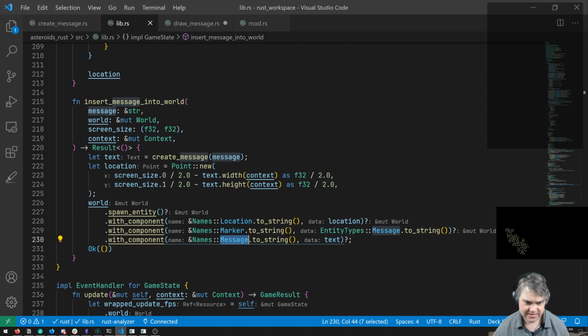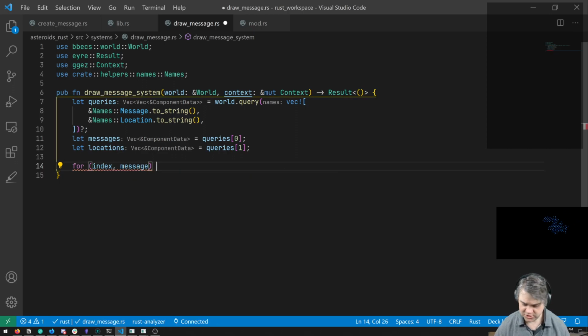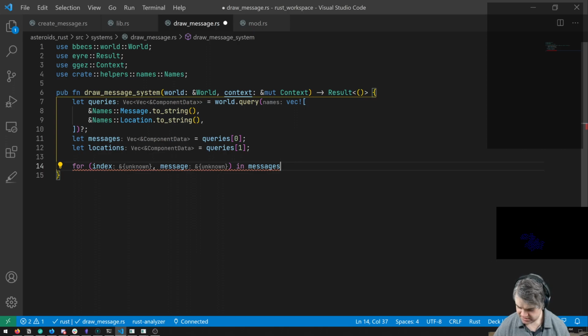Yes, it is. And so I think I just draw that out then. So then we can do a for index, message in messages iter enumerate.